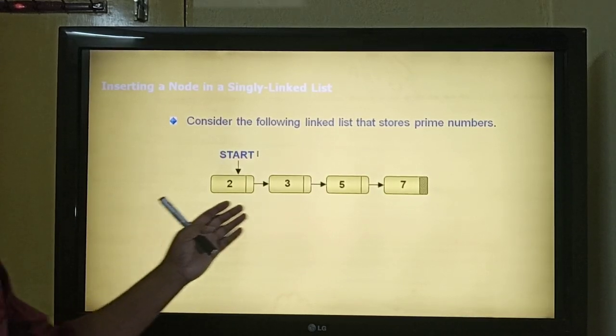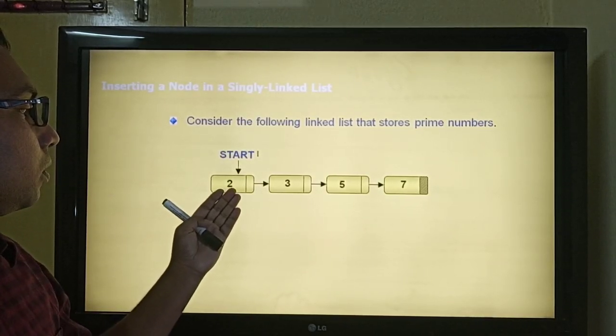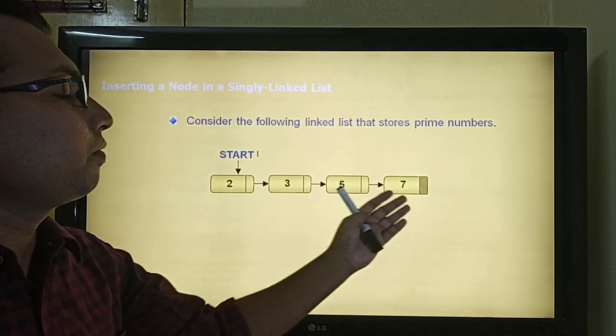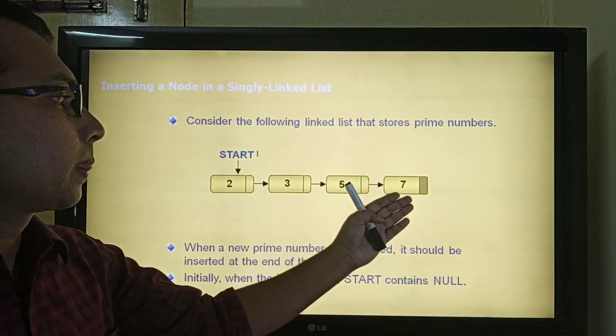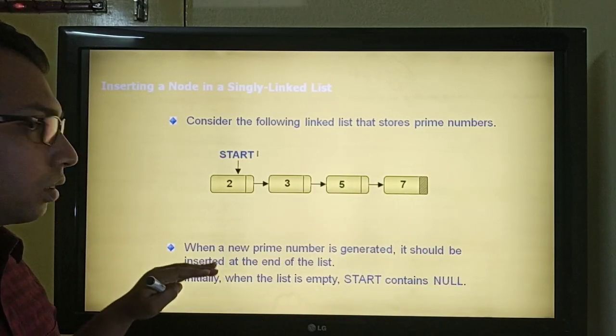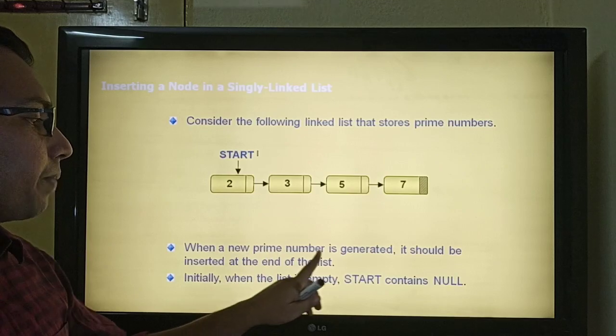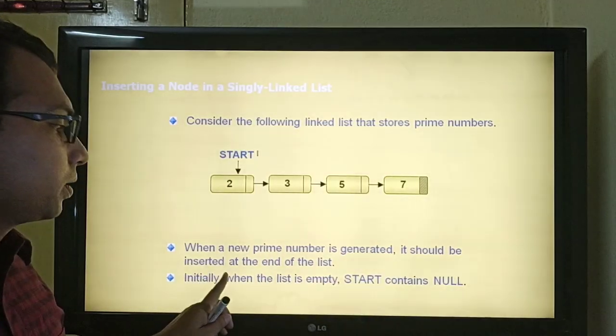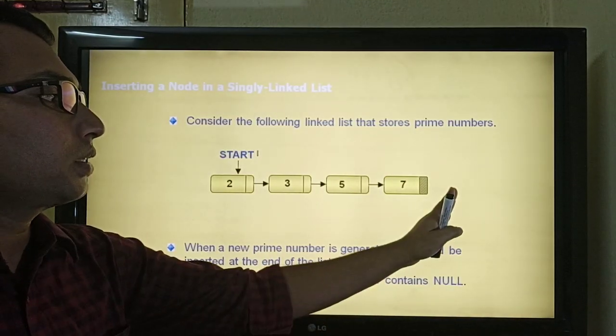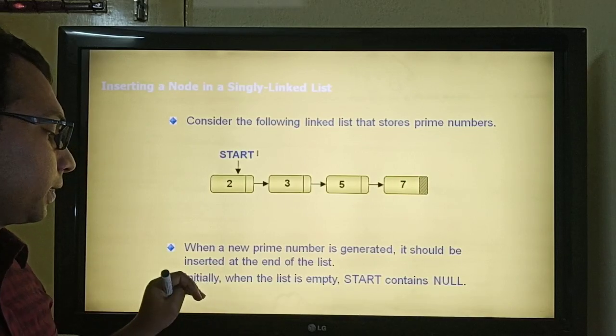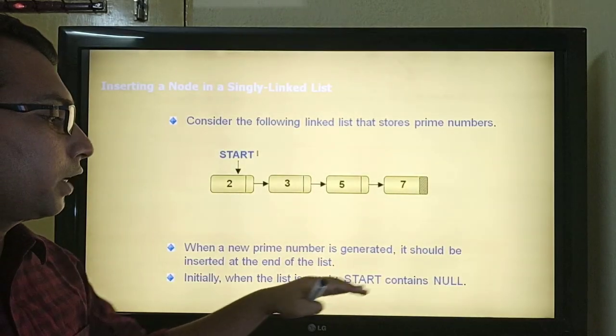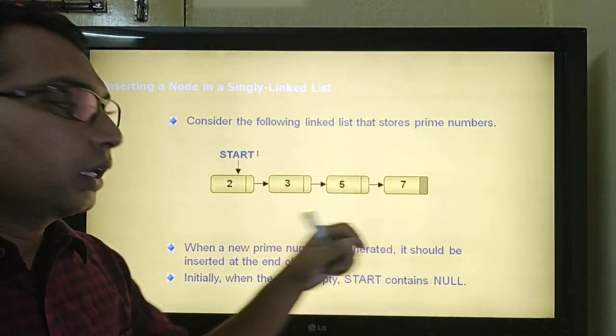Now suppose this is the linked list with 2, 3, 5 and 7 as the values. When a new prime number is generated, it should be inserted at the end of the list, that is after 7. Initially, when the list is empty, start contains null.